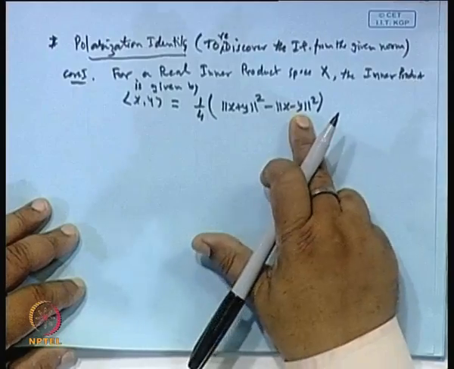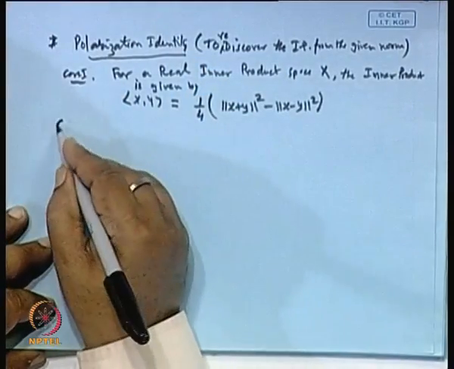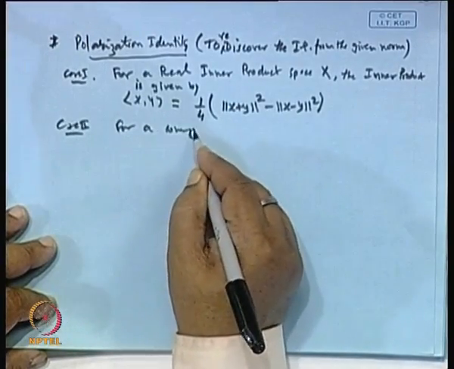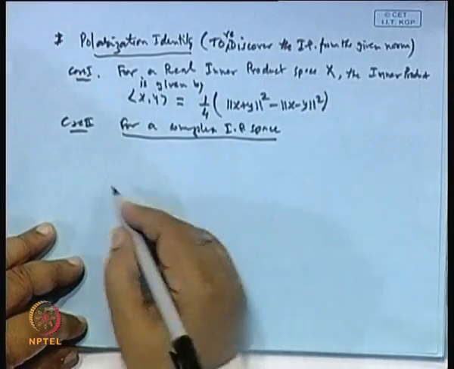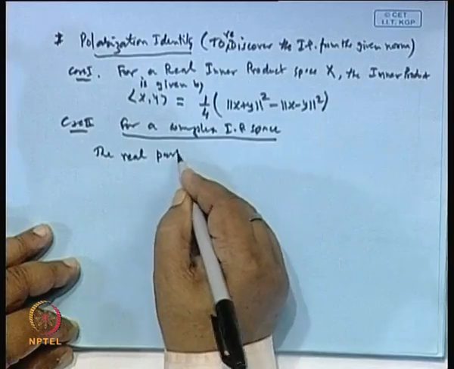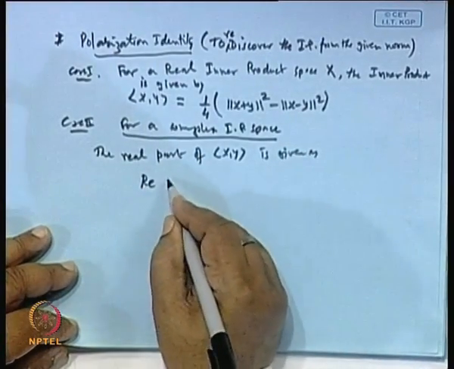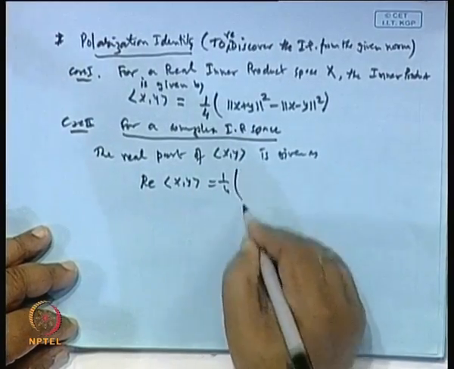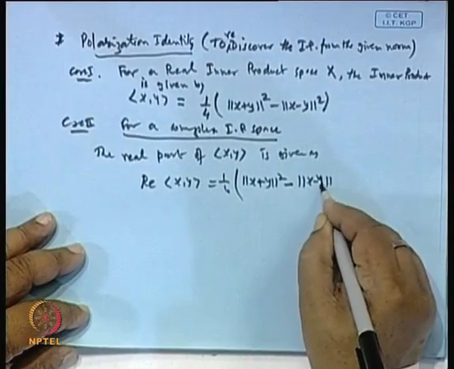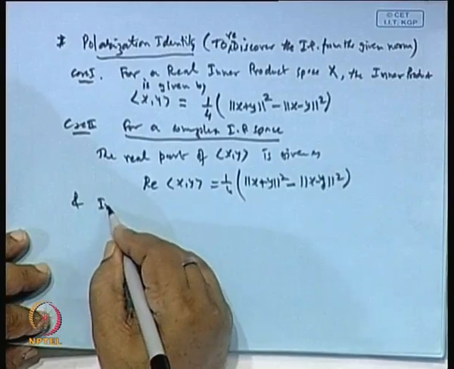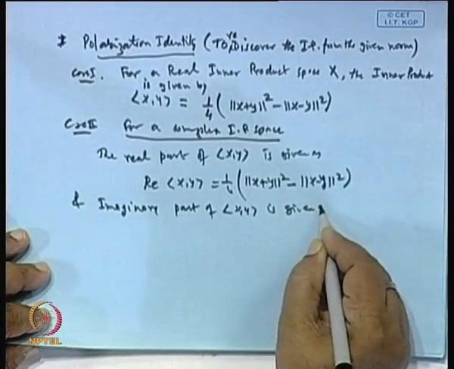Clear? So, these norms are known, we can find out the inner product of x, y, where it is known that this space is a real space. And if the space is complex, for a complex inner product space, the real part of the inner product of x, y is given as one-fourth of norm of x plus y whole square minus norm of x minus y whole square, and the imaginary part of the inner product of x, y is given as